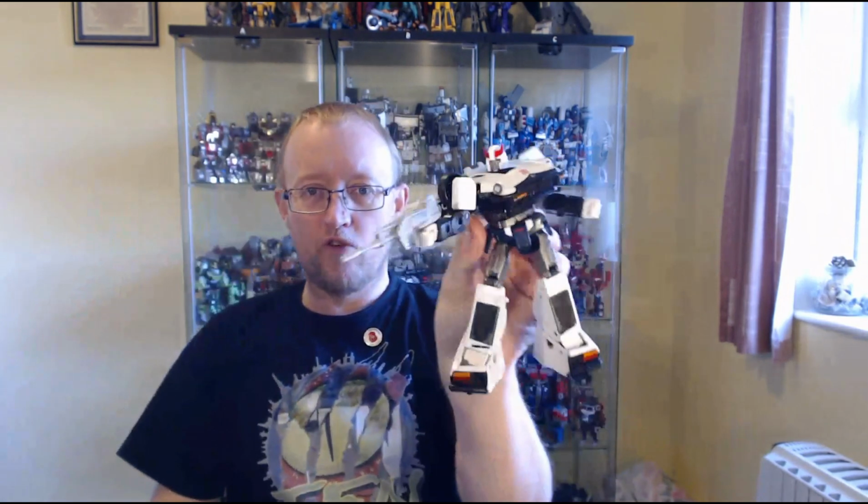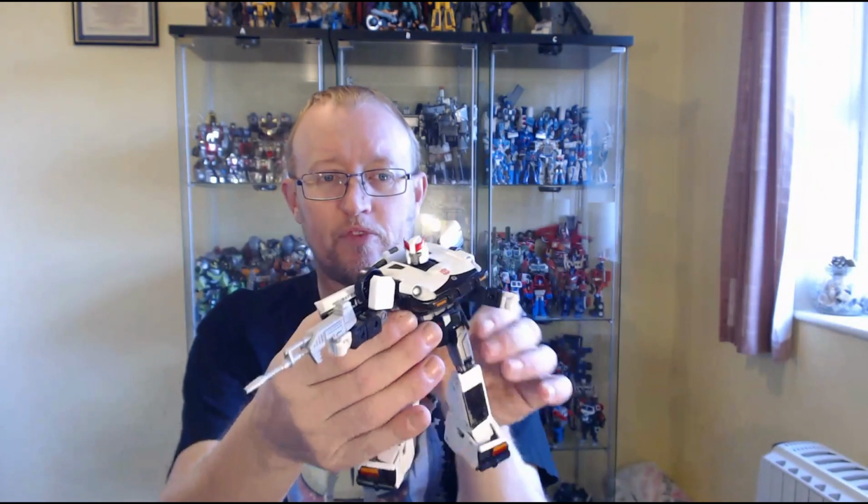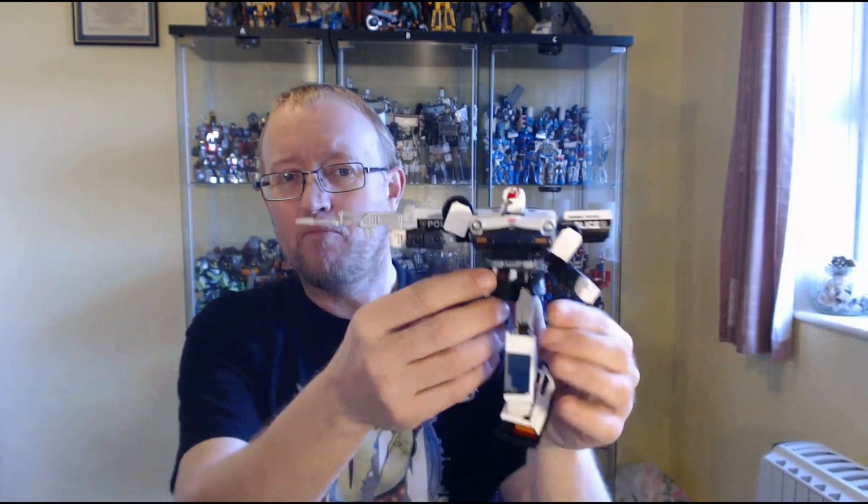Masterpiece Prowl. Now, it's the only Masterpiece figure on display in my room. He sits just in front of Super Patron in the big bot spot. He's in this really heroic sort of pose, and if I have him angled a certain way, he's like